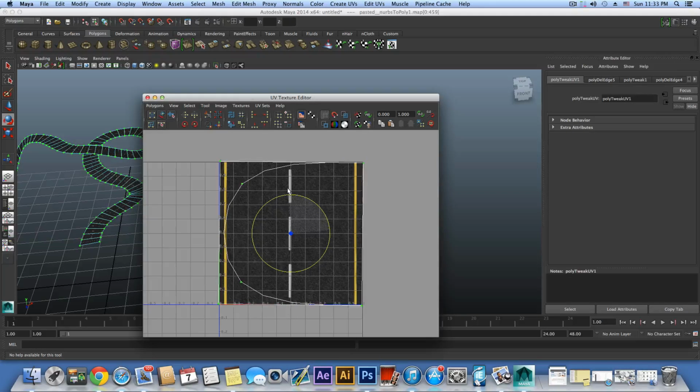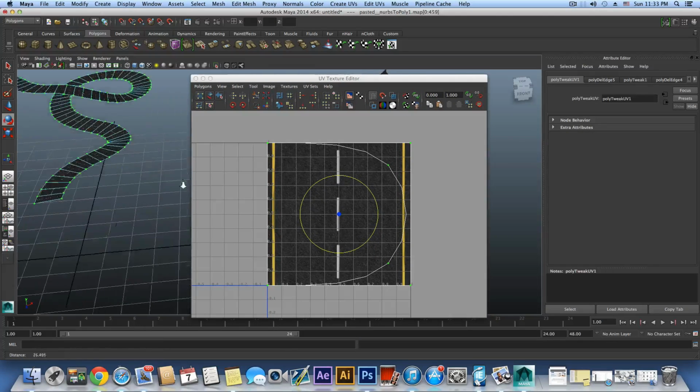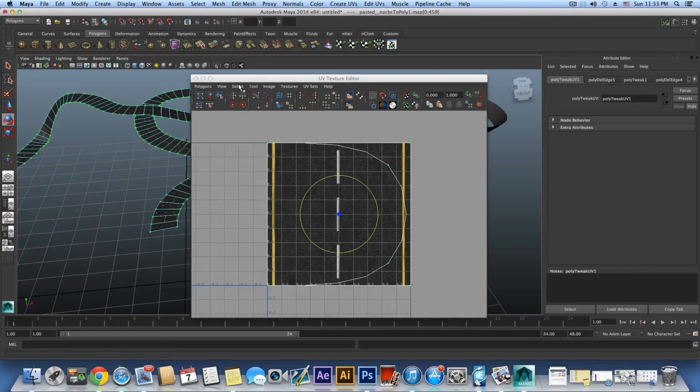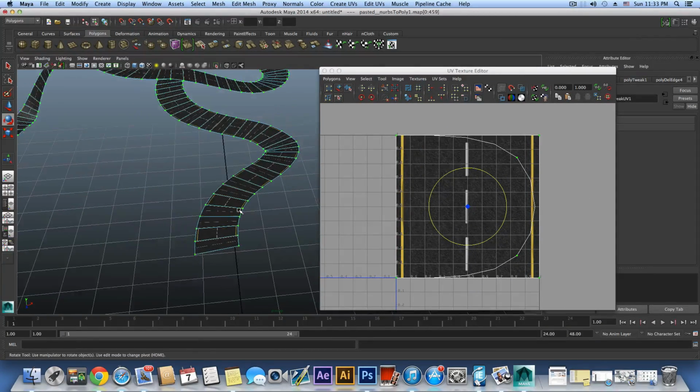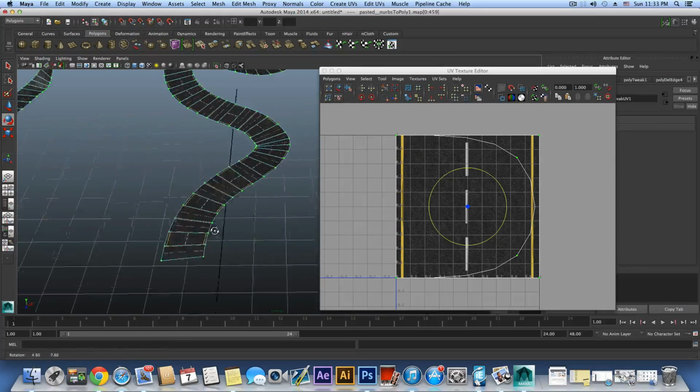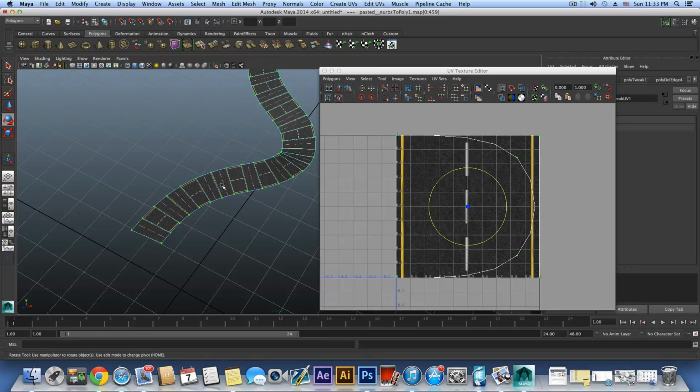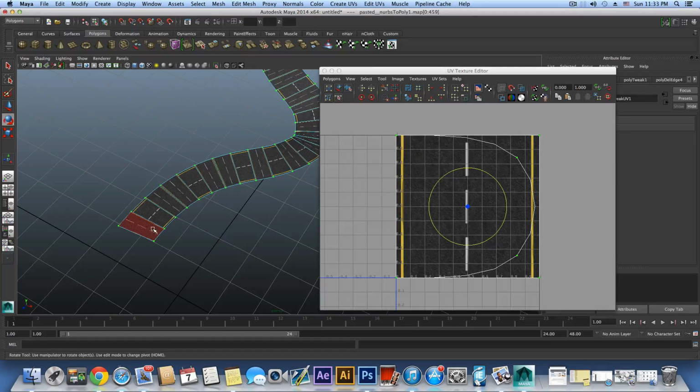Trying to rotate this, holding down the J. It's not really working, but never mind, let's undo that. So how we can still work this out is very simple, but it's going to be a bit of a pain. What you want to do is choose all the faces that are not following the path. I mean those faces. Okay, so you grab this face here, which is not going the correct way,